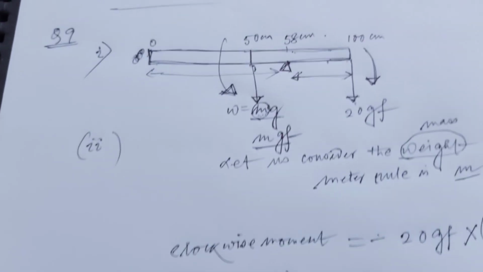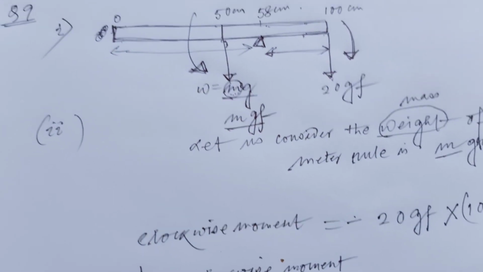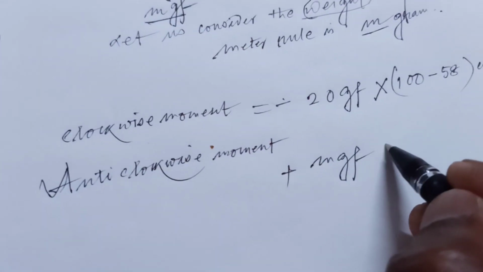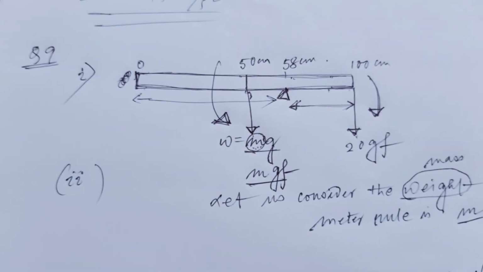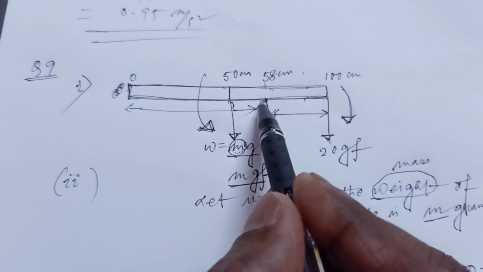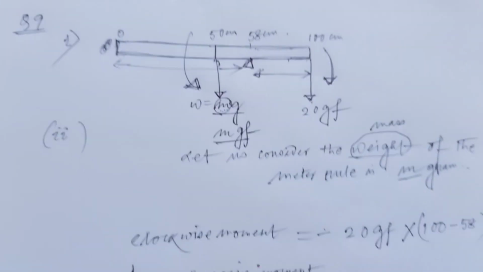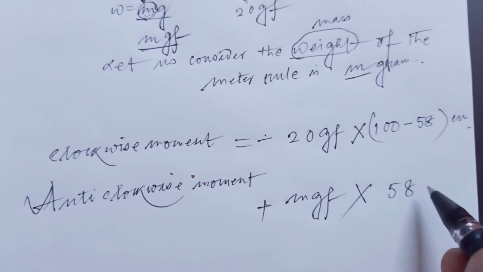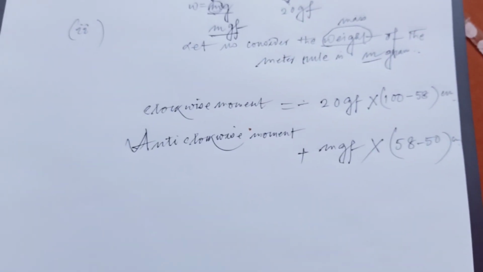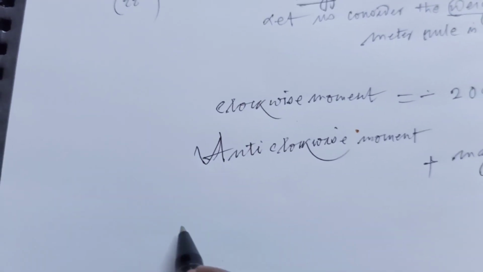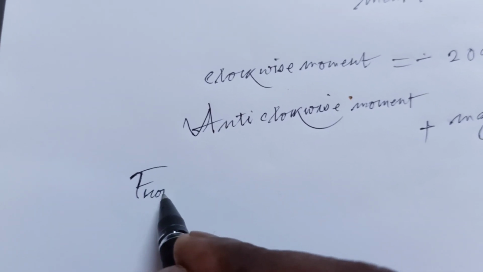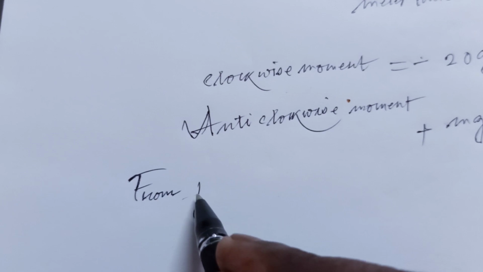That's why the meter rule is in equilibrium. So the anti-clockwise moment is equal to plus m gram force, this is the weight, into the perpendicular distance. So this is the distance, 58 minus 50 centimeters. This is the distance. So for the clockwise moments in equilibrium condition, from the principle of moments, we can write,